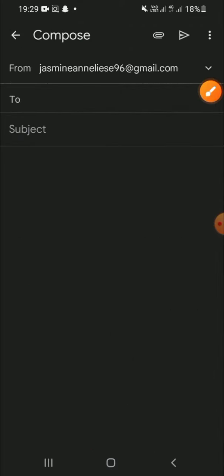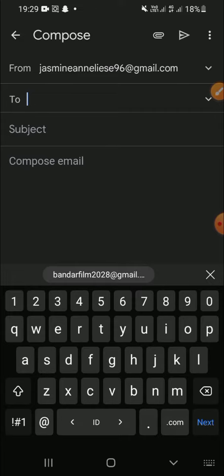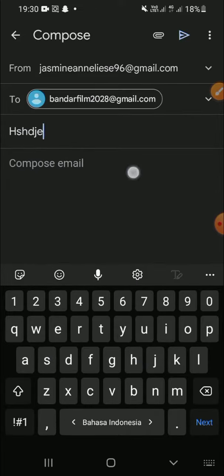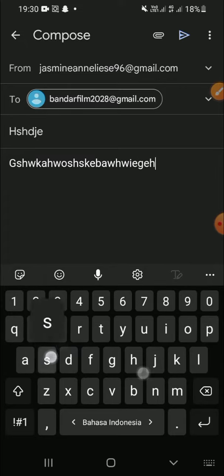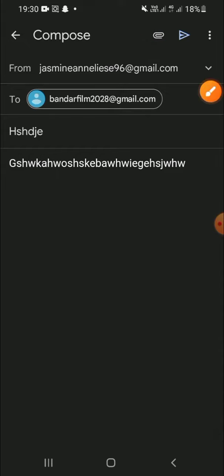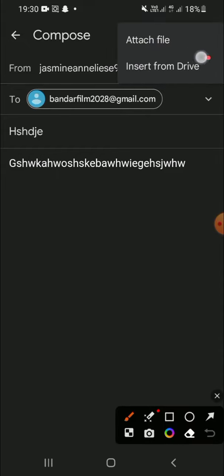And then you have to type your recipient or your Gmail right here, and put the subject and compose the email. You can type in the body of the email, and if you want to attach a file from Google Drive, you can simply click on this attachment button, and then you have to choose insert from Drive,